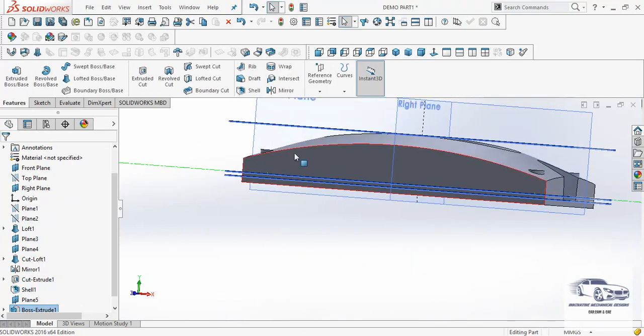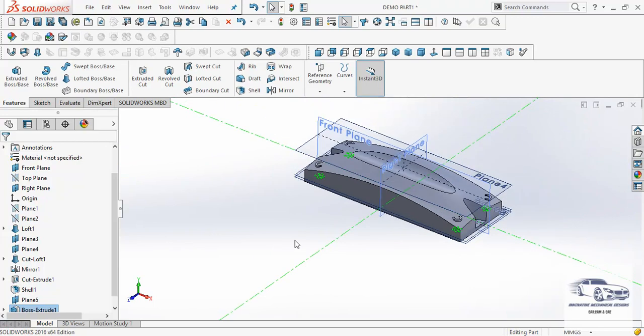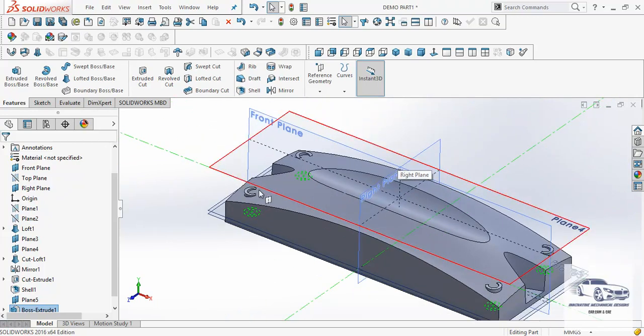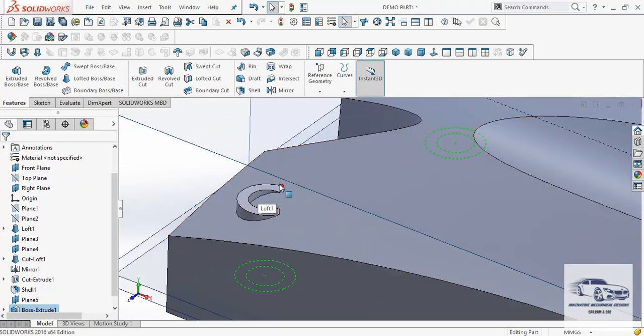Now as we can see here, although we have completed the extrude, due to the increased depth value, some surfaces are getting intersected with the top surface.